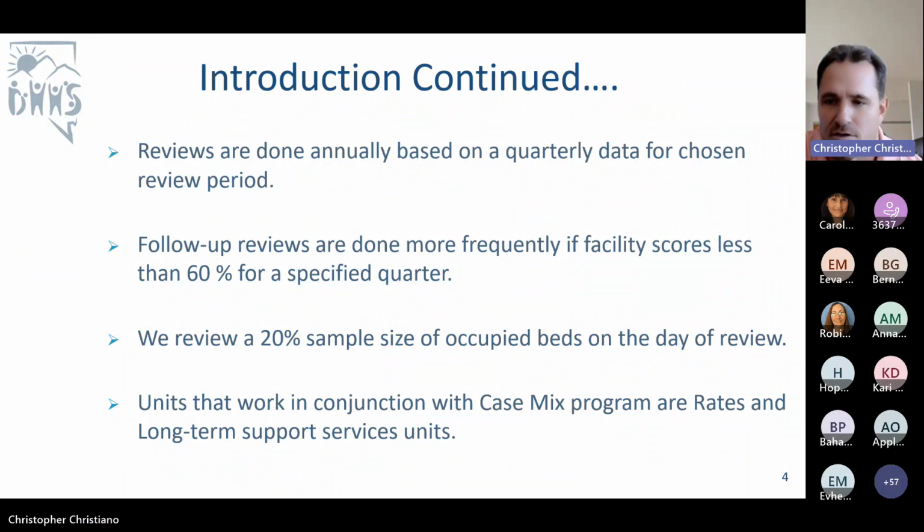Some units that work in conjunction with us here at the Division of Healthcare Financing and Policy are the rates unit and our long-term support services units, and they're all under the umbrella of the Division of Healthcare Financing and Policy. As I believe I mentioned, the reviews consist of a pre-review process, an on-site verification review process, and a post-review process, and we'll discuss that in more detail coming up.